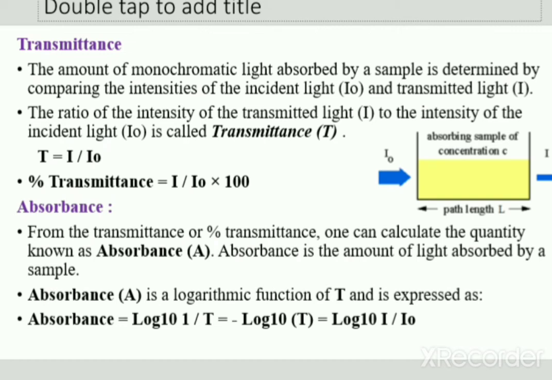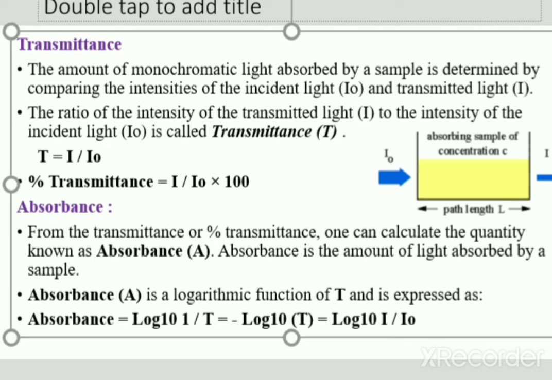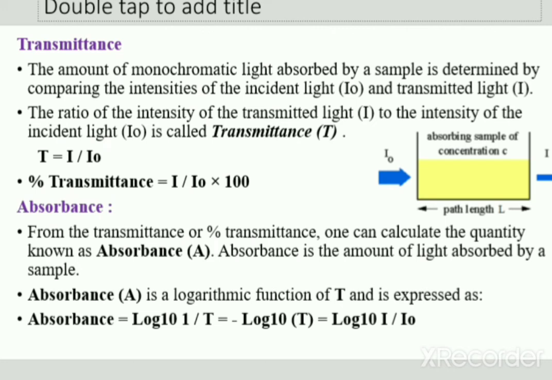Okay, suppose जसं की मी तुम्हाला एक्झाम्पल दिलं. So if there is 70% transmittance, that means 30% is absorbance. 30% काय केलेली असेल त्यांनी लाईट ॲब्सॉर्ब केलेली असेल आणि 70% लाईट काय झालेली असेल ट्रान्समिट झालेली असेल. ओके, सो इट इज अ अमाउंट ऑफ लाईट ॲब्सॉर्ब बाय दॅट sample, which is denoted by capital A. So it is a logarithmic function of transmittance, and it is expressed as absorbance is equal to log to the base 10 of 1 divided by T, or also negative logarithm of T.